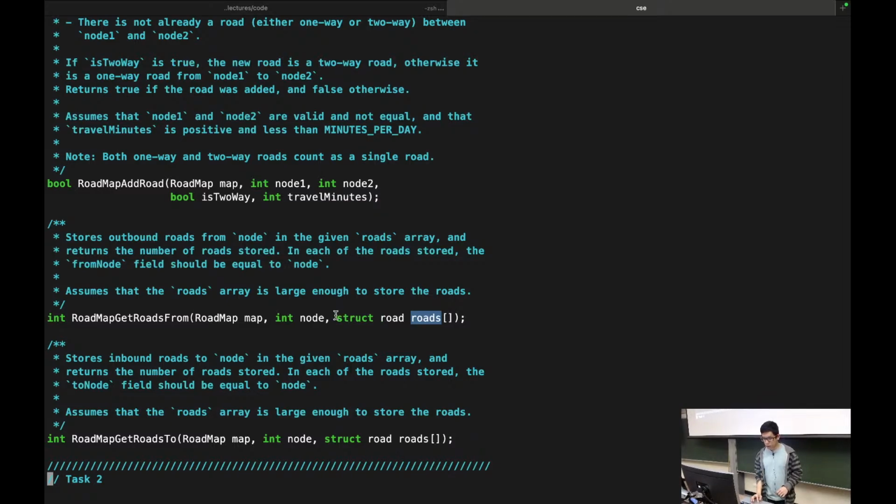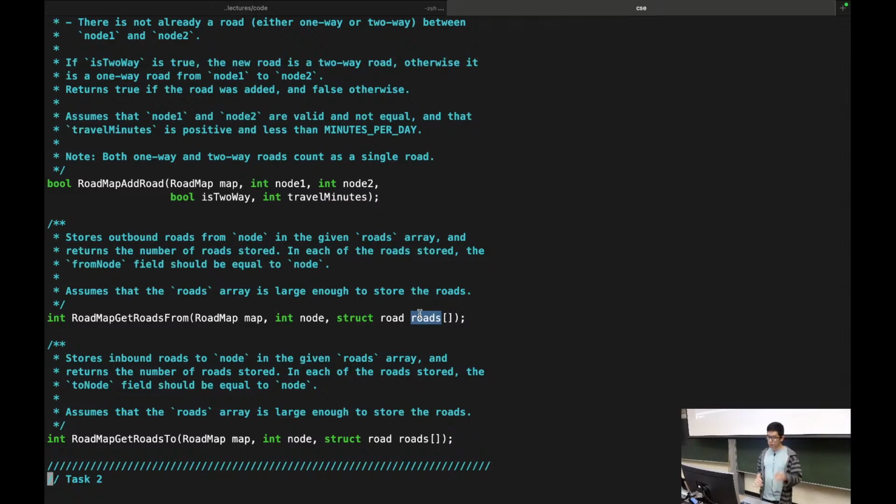So when we want a function to return an array, there are kind of 2 ways we can do it. We can either have the function dynamically allocate an array and then return that array, or we can pass in an array like a buffer, and then the function fills in the array. So we're doing it this way for this function, and the function returns the number of roads that were stored